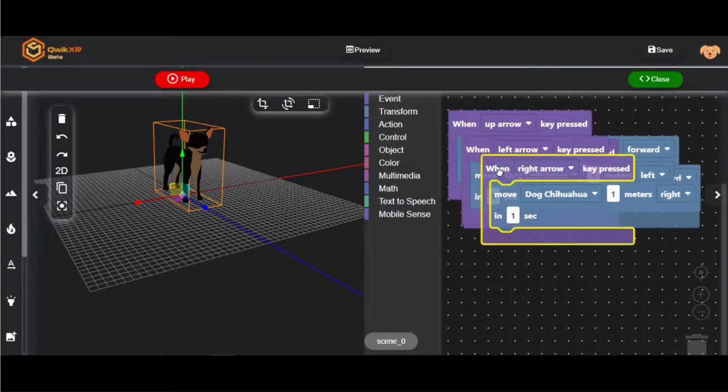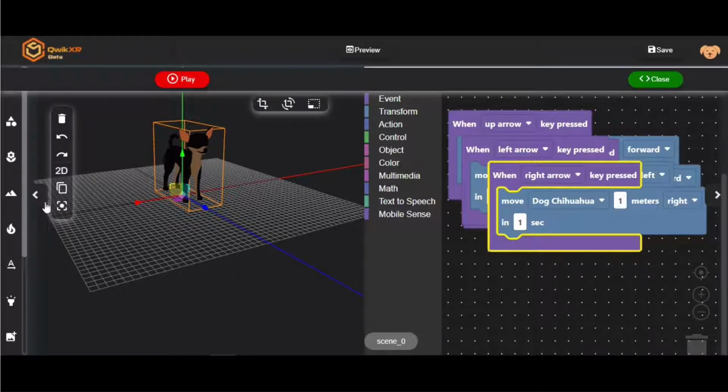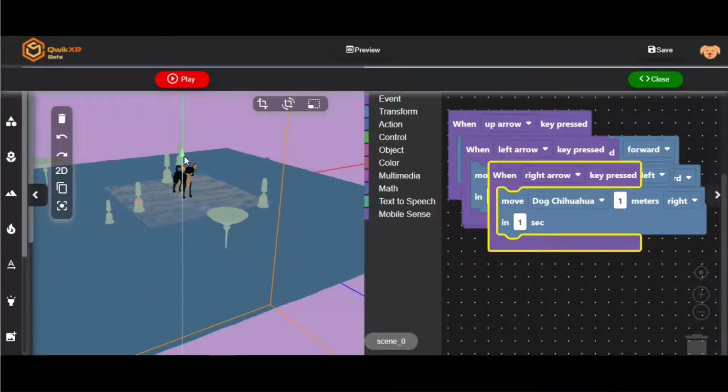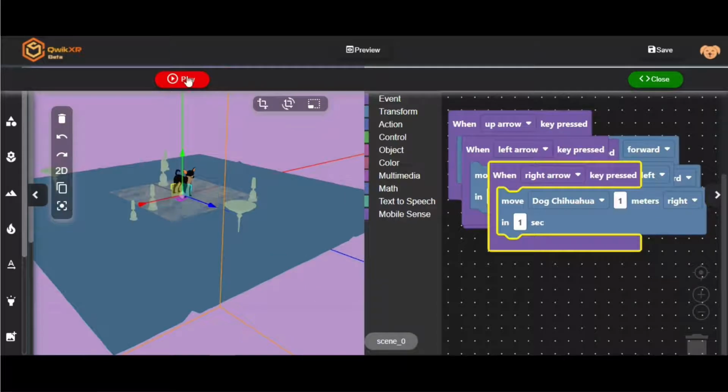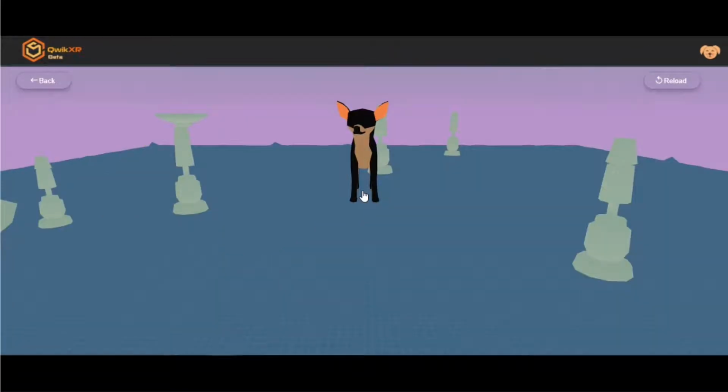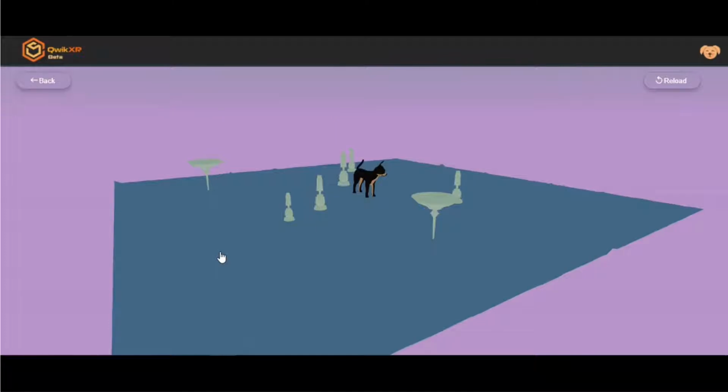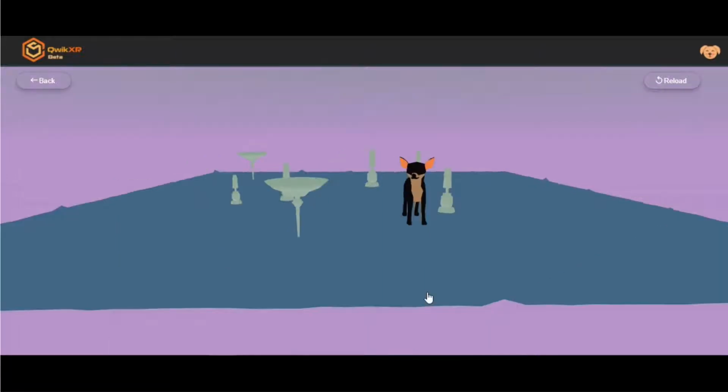Now in order to apply scripts, you are going to need to be on the scripts panel. You are also going to need to have the model selected that you want to apply scripts to. We want to apply scripts to our dog, so he is selected there, and then we start with some kind of event. Usually I click on the event section and choose when the play button is clicked. So this is what's going to trigger whatever scripts we apply.